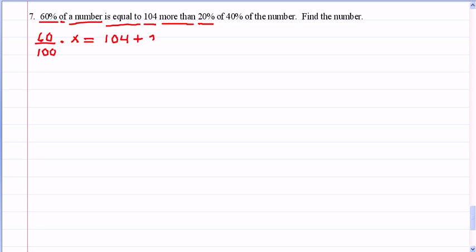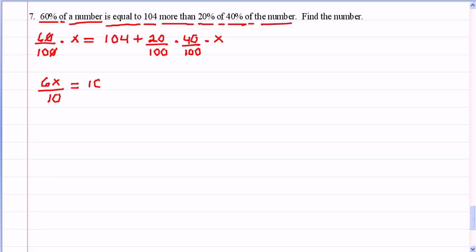20% is 20 over 100, of means times. 40%, 40 over 100, of, another times. The number is our x. So in this problem, I'm going to leave all of the percents as out of 100 instead of writing them as a decimal, because a lot of the zeros will cancel. 6 over 10 times x is now 6x over 10